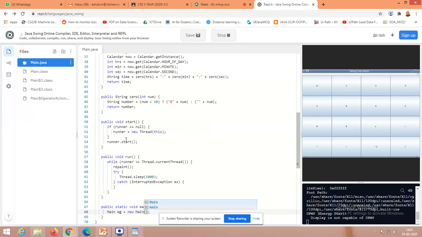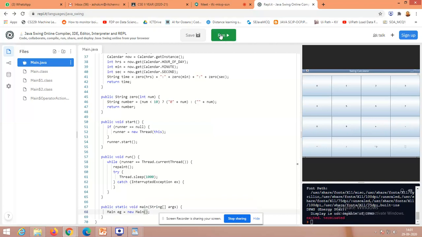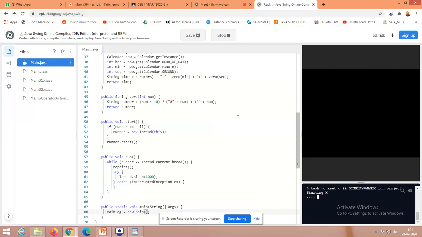So ultimately, we already have a GUI running, right? I have to stop this. Once it is stopped, I can run it again.